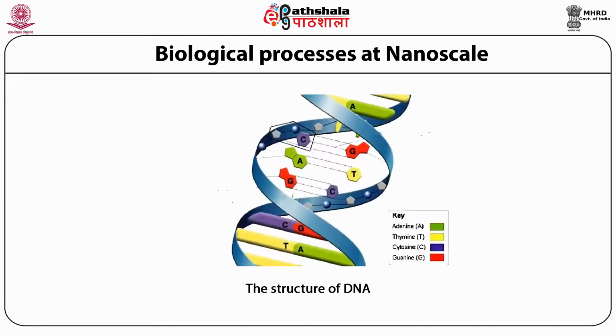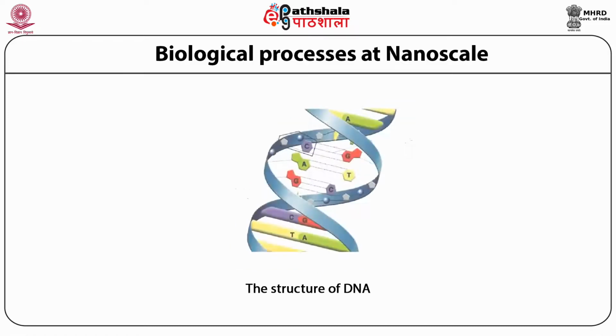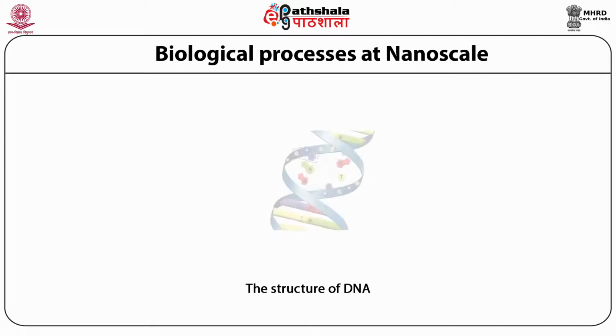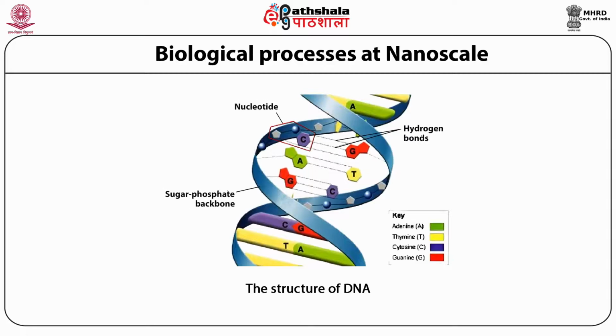All the information and the processes of life are encoded in a strand of DNA, deoxyribonucleic acid, as shown in this figure, which controls growth, development, functioning, and reproduction of all known living organisms, including